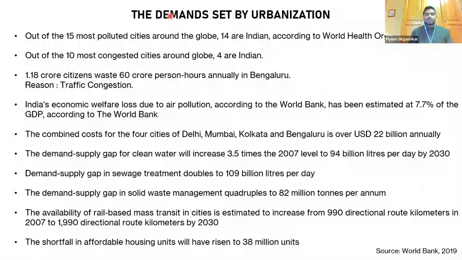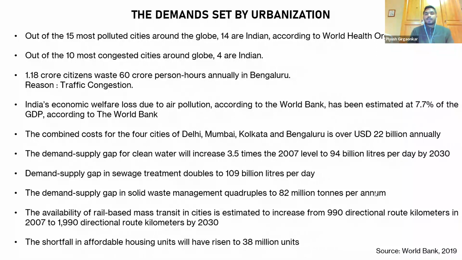Moving ahead, this slide is all about throwing stats and giving the problems that are there. I would go with the pollution first, of course. Around 15 most polluted cities. Some sources state that 14 out of those polluted cities are Indian. One of the prime sources for this information is the World Health Organization, of course, but there are certain other indicators and measurements also. But according to the World Health Organization, it was found that 14 of the 15 most polluted cities on the planet,